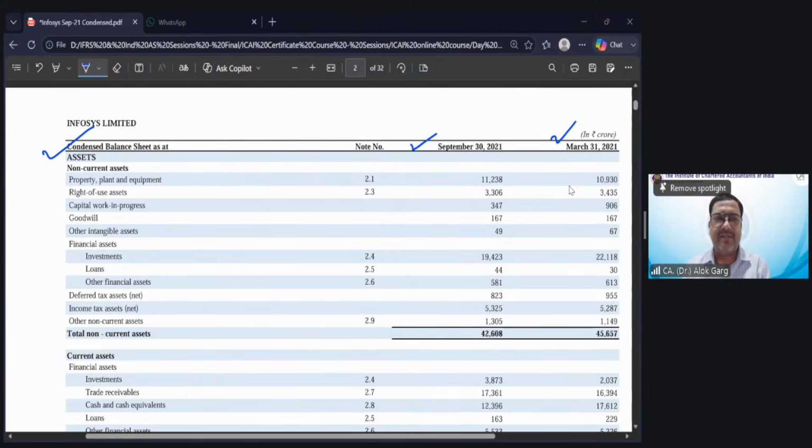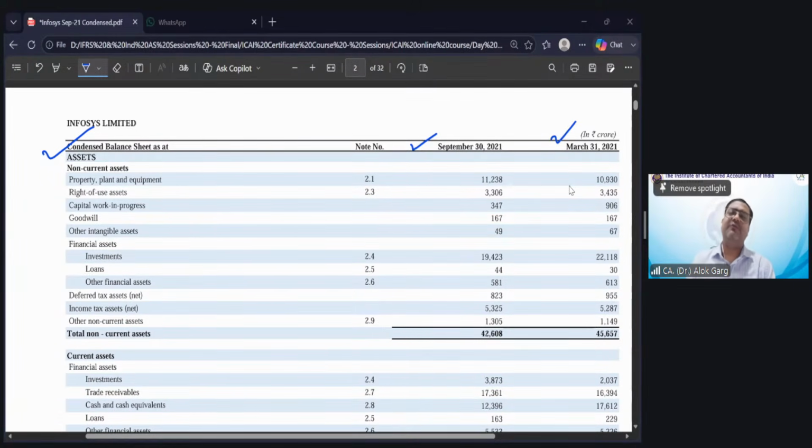My dear friends, if Tata Steel has purchased a land in 1950 for 20 lakh rupees, what is the value of the land which will come in the balance sheet of 31st March 2026? 20 lakh rupees, assuming cost model has been used, right? What is the value of the land on 30th June 2026? Same 20 lakhs. What is the value of the land on September 30, 2026? 20 lakhs. So friends, balance sheet numbers are as on date numbers.